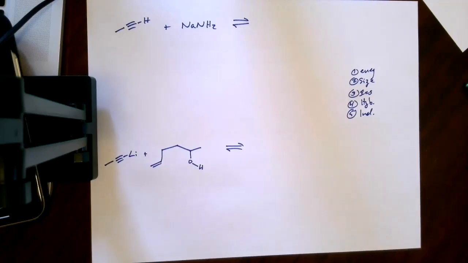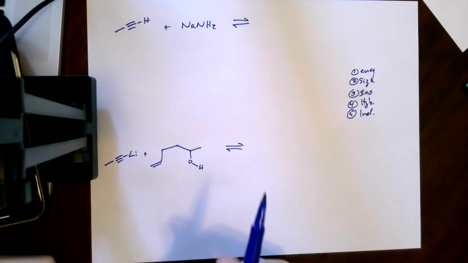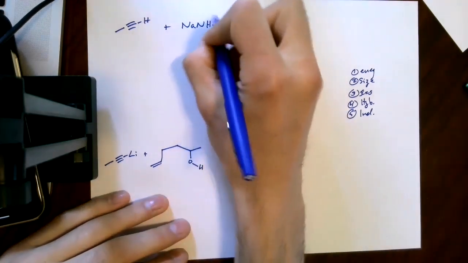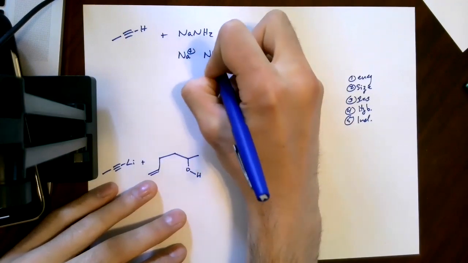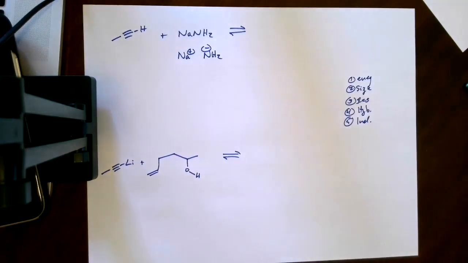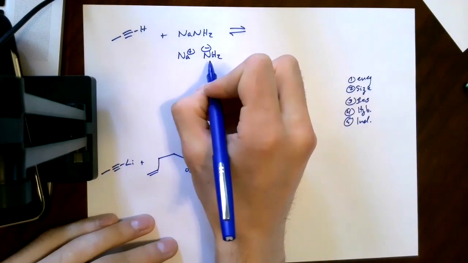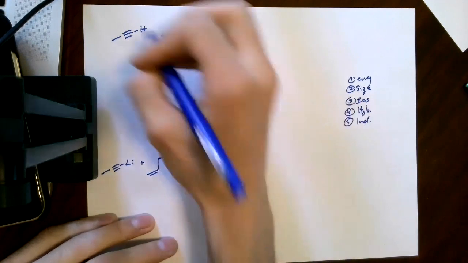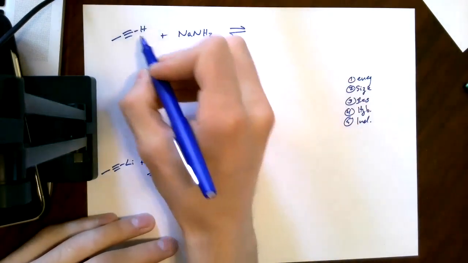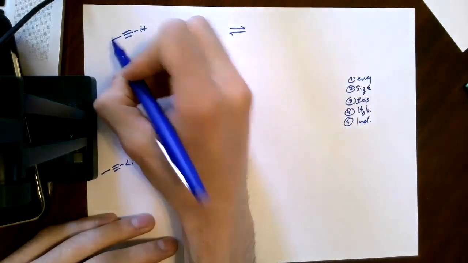Okay, we're going to keep on moving with acid-base problems. In this situation, I want to point out and identify my acid and my base. I see that this is an ionic compound in which it actually exists in this form, right? So that way we know that this is the base, and this way we know that this H has to be the acid. And bear with me here and I'll explain why this is the acid and not this alkane